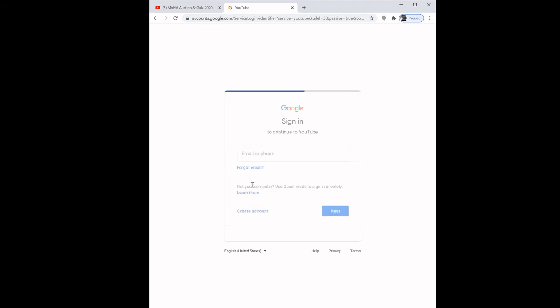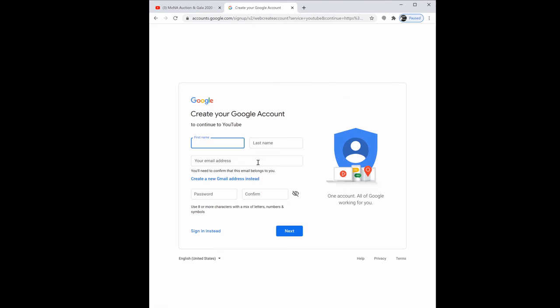So you're going to go to accounts.google.com, right? And there's create account for myself. So what you're going to do is put in your first name, your last name, and your email address. If it looks like this and says username and @gmail.com, and you don't want to create a Gmail account, click use my current email address instead. And then use your current email address, create a password, confirm the password, and click next.